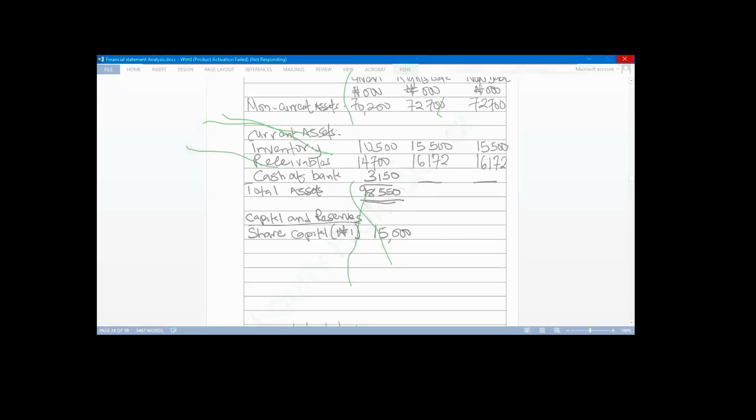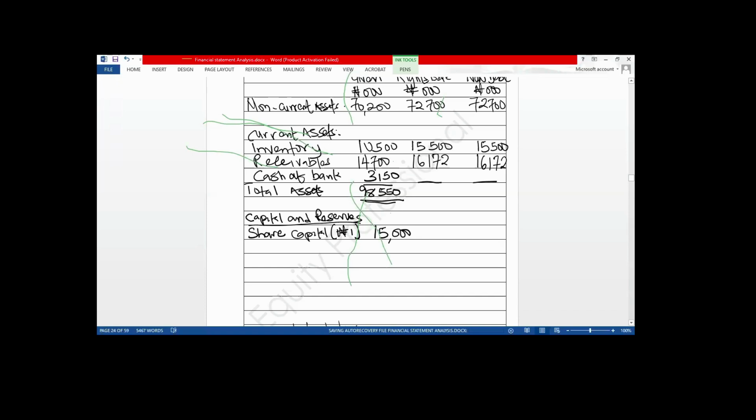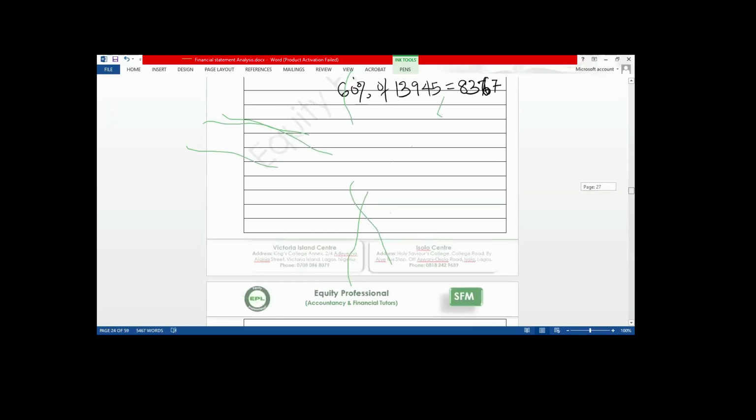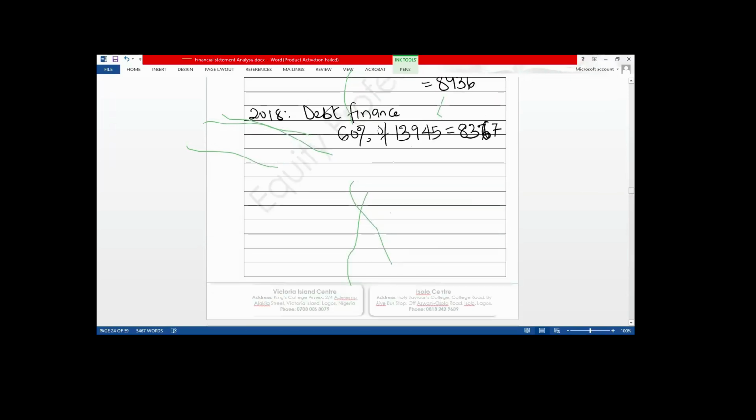That will take us to working 7. We want to look at the impact of the rights issue on the share capital. So come here. Working 7: rights issue. The rights issue is